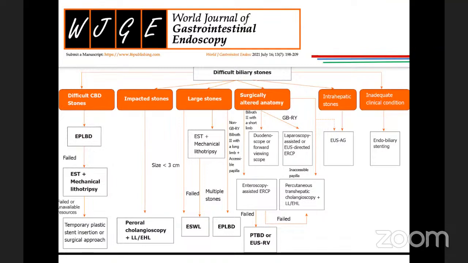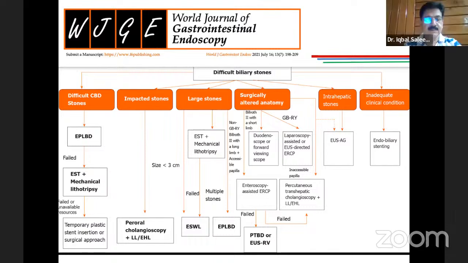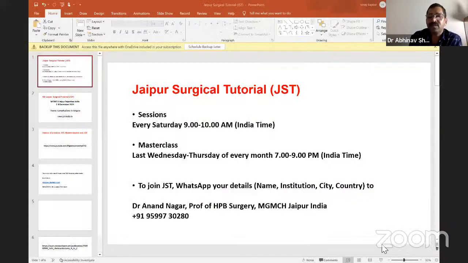Abhinav, there is one more question for you. What is the incidence of CBD perforation following cholangioscopic laser lithotripsy? Sir, cholangioscopy is very safe because the laser doesn't fire on soft tissue. Contact laser, it's very safe. But with mechanical, sometimes the basket might go across. So mechanical is sometimes very dangerous. If there is a lot of resistance, we should not pursue much, and we should not try to pass the stone basket across it.